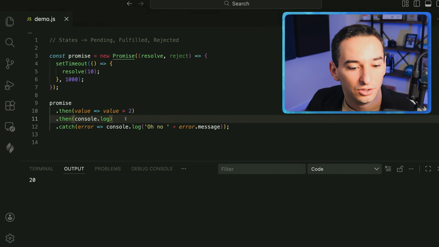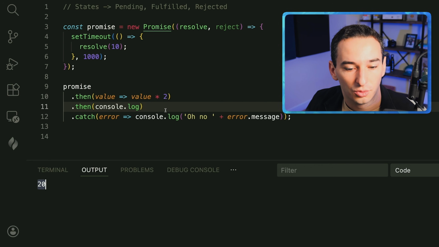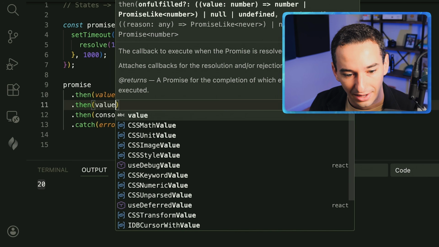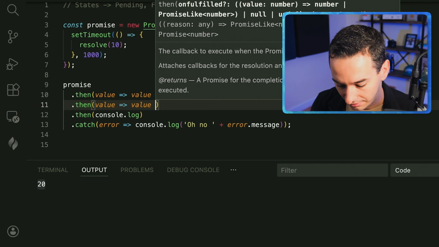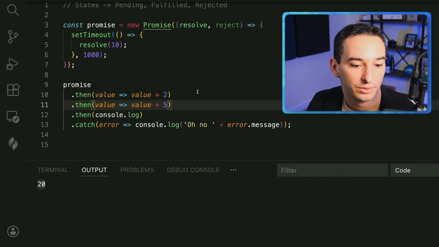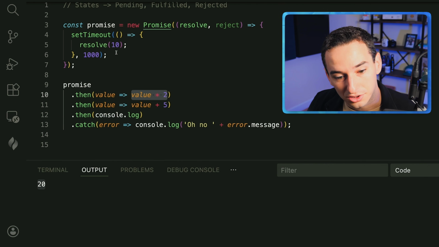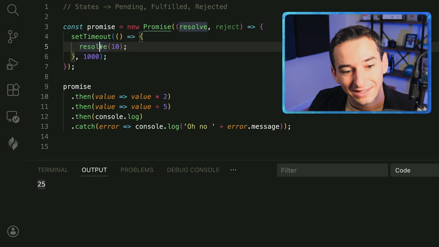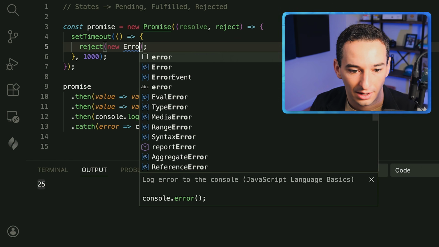So if we run this, you will see that we actually log out 20. And we could do this as many times as we want. So we could do .then value, and we could do something like value plus 5. So now what we're doing is multiplying by 2, which is 20, and then adding 5, so we will get 25. But now if we did reject here instead, and let's put some error again, let's say new Error,